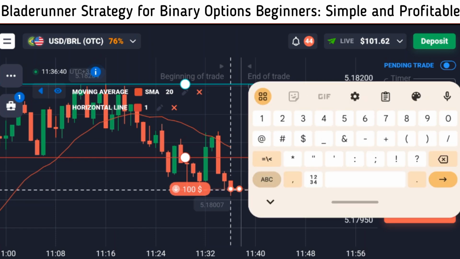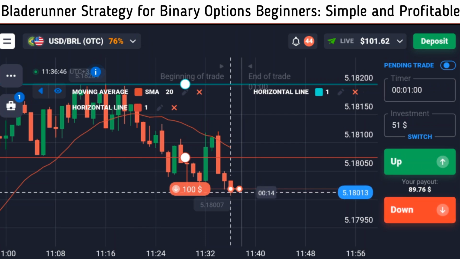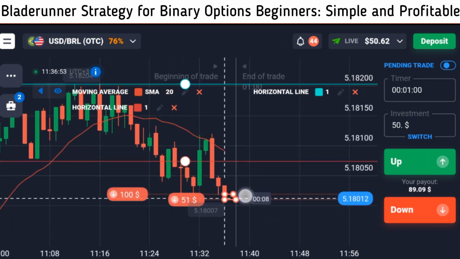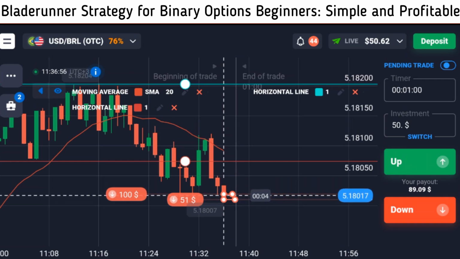For my next trade, I can do $51 to double up on that. So I have two open positions in the market, both downtrends, and the strategy that we are using is the